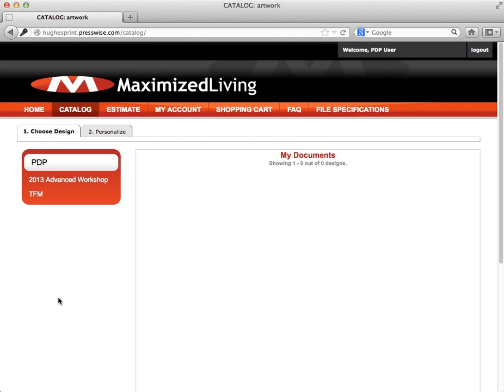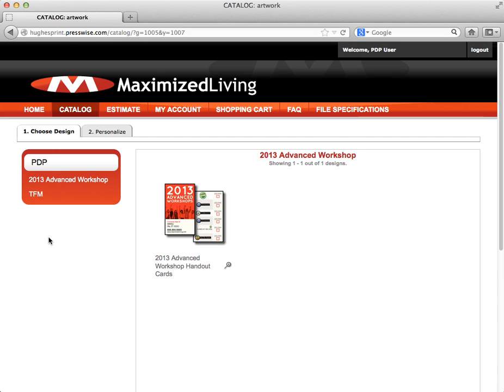Once inside the site, the catalog on the left will vary depending on which type of MaximizedLiving customer group you belong to. Or if you're ordering from corporate, it will look a little bit different. But for the PDP users, they'll be getting this set of catalogs. And just like shopping online anywhere, you get presented with options on the right based upon which link you choose